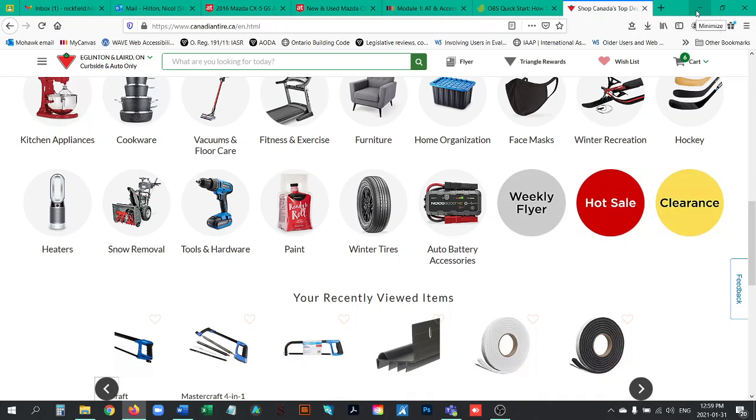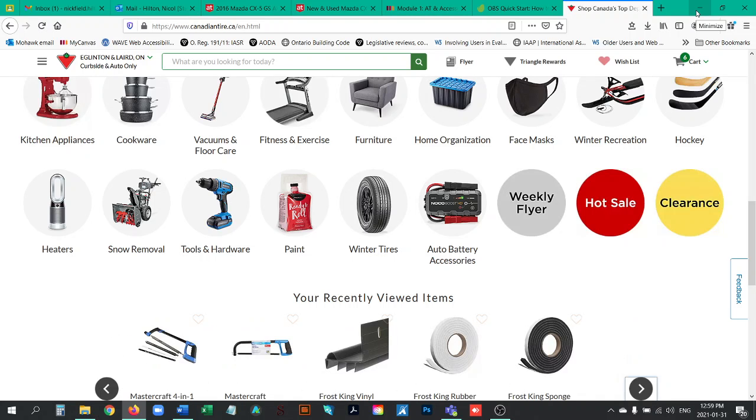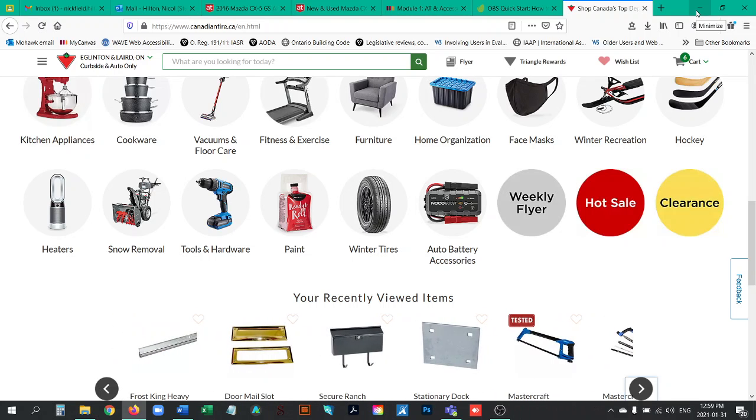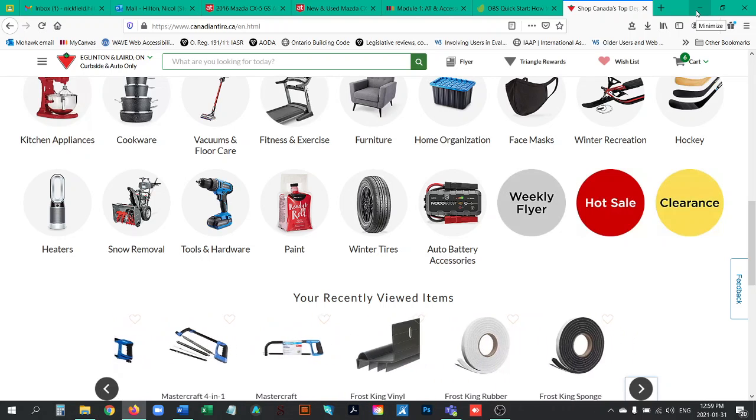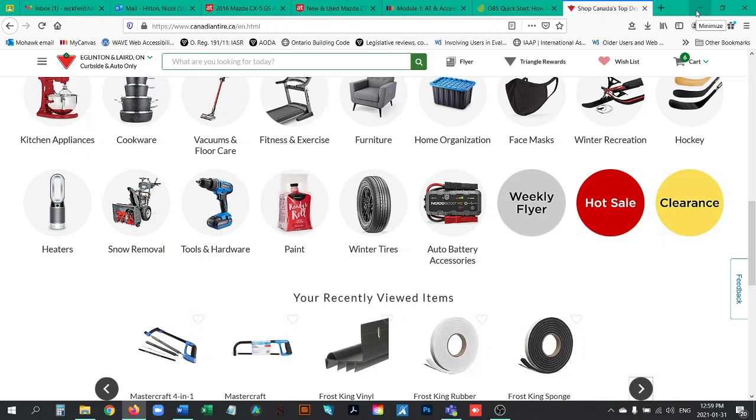Oh, my recently viewed items. And now I'm on these left and right tabs for scrolling. I wonder if I hit enter. So that brings it across.